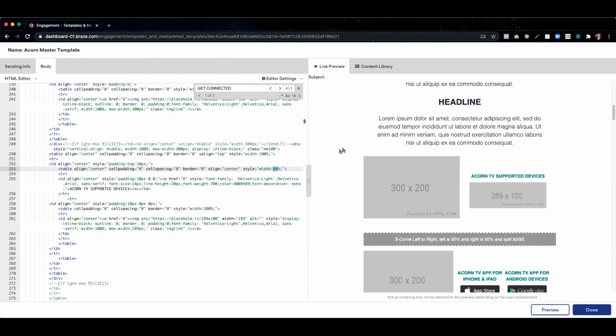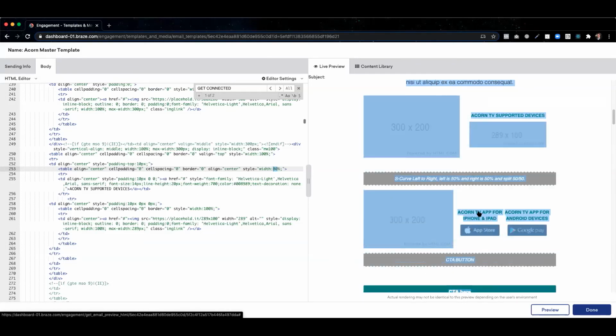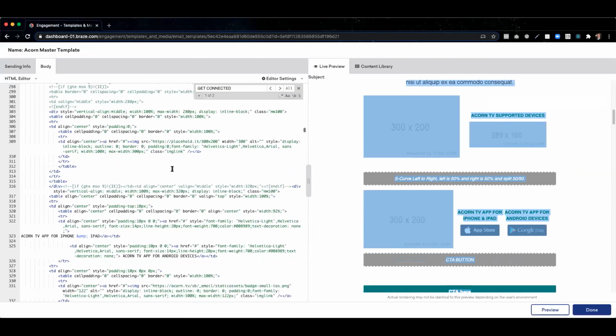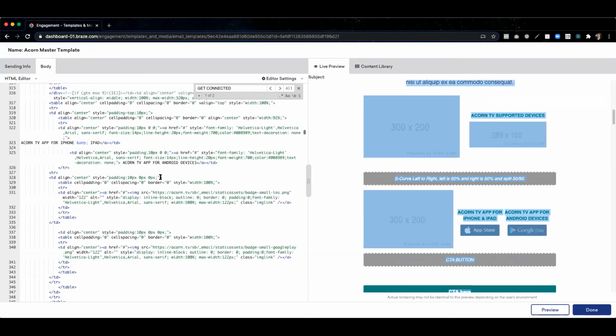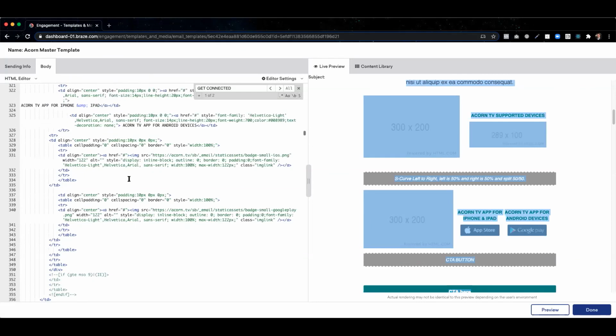So if we could do some highlighting here, we can kind of see the outer edge between these two things, but it's just center aligned within its block, and that's what causes that padding to occur. We'll see the same thing with some of the icons down here as well, specifically for the download buttons like App Store and Google Play, where you can see here, they are controlled within the amount of space that they take up, and then it's